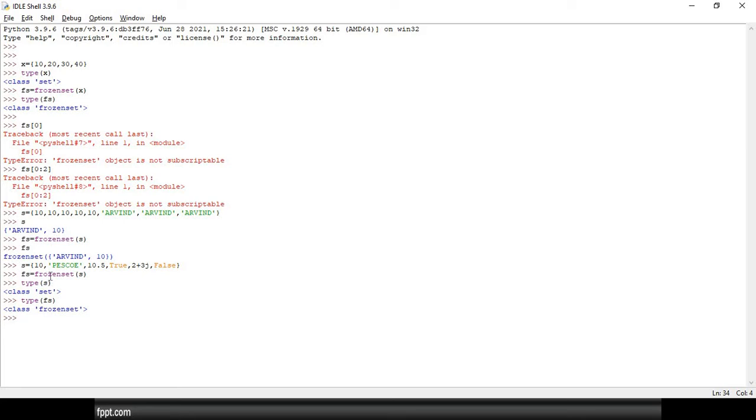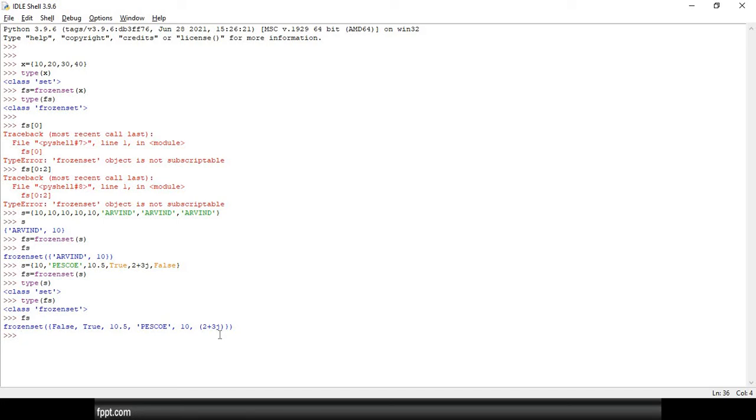And when you're trying to use fs, see, we have heterogeneous values: False, True, 10.5, PSUV, 10, 2 plus 3j, a complex number. In that case, can I say that frozenset supports heterogeneous values? The answer is yes. So it supports heterogeneous values.